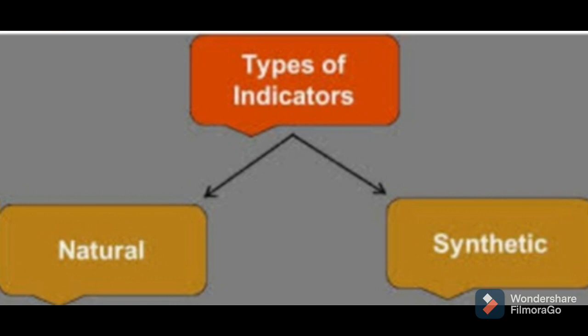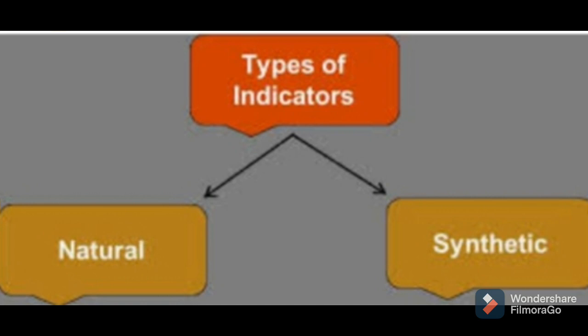So students, in your textbook some indicators are there like turmeric, China rose, then litmus, phenolphthalein. These indicators are there in your textbook. But today we are going to study some different indicators. As you are IIT students, this is for your extra information. So, turmeric, grape juice, red cabbage, these are also natural indicators. In my next video lecture, we are going to study about the indicators which are given in your textbook.